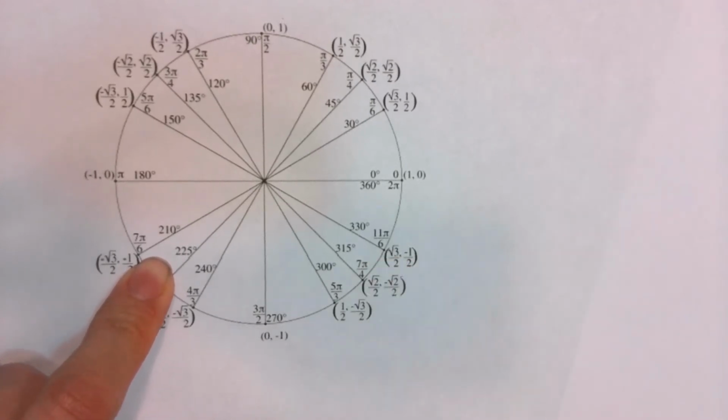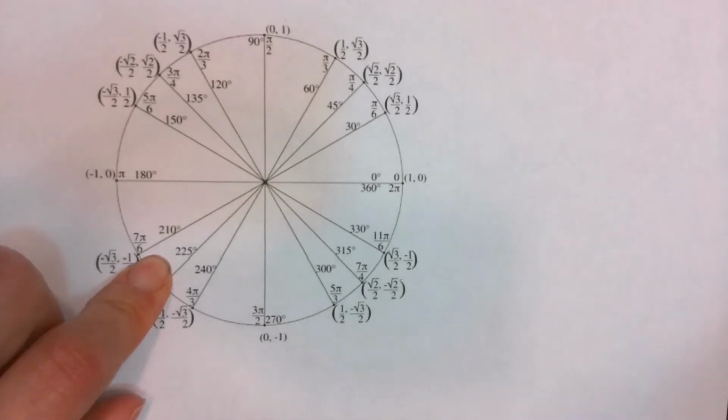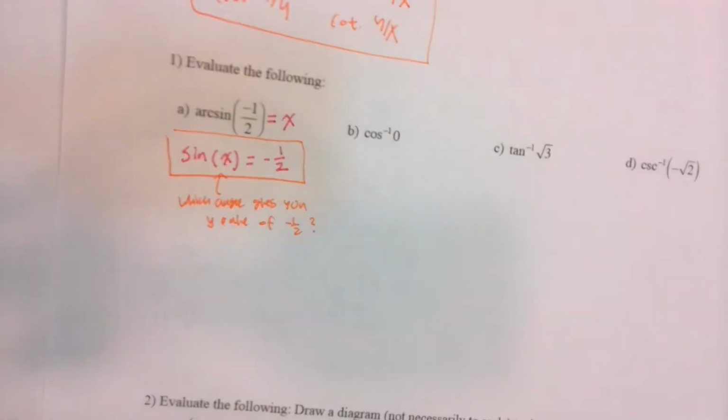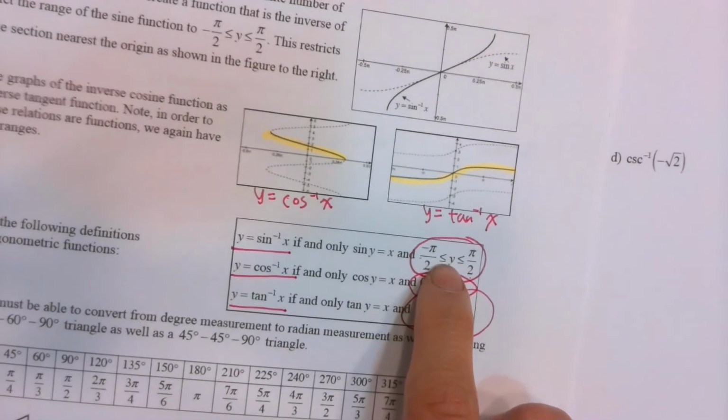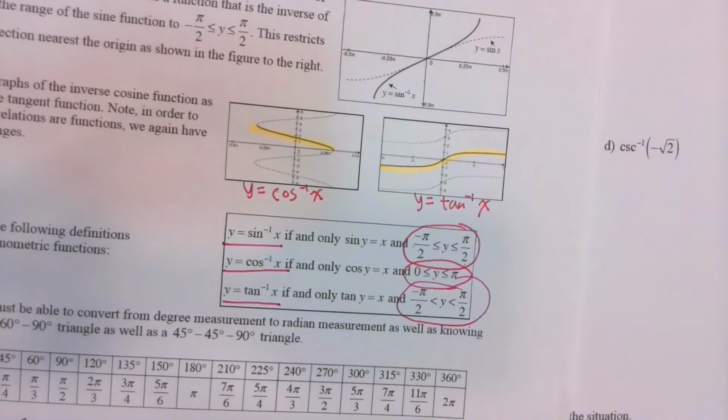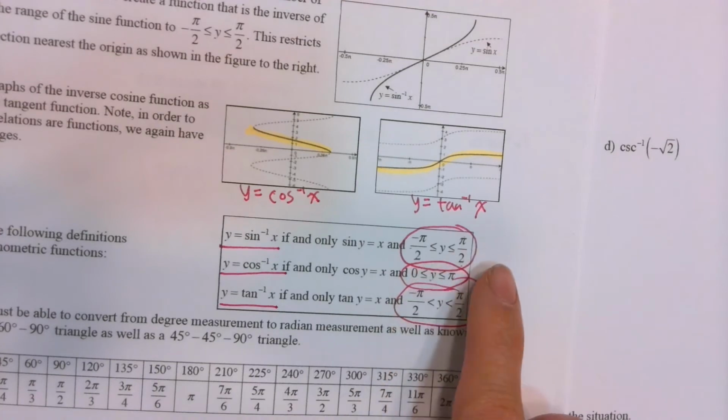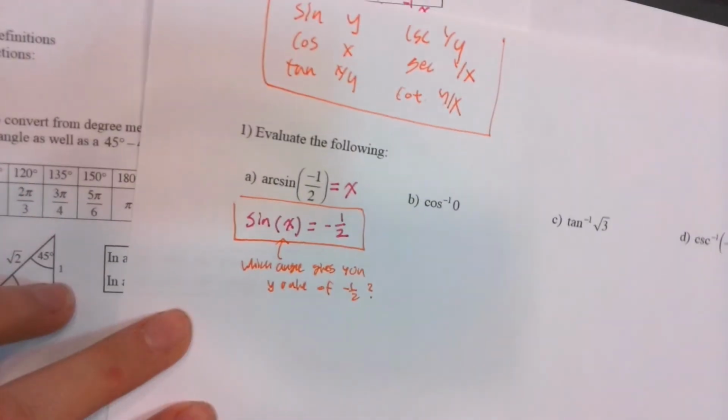No, you should only have one answer. Well, then how would I know which one it is? That's why this is important over here. The y has to be greater than or equal to -1/2 pi and less than or equal to 1/2 pi. So on my unit circle, guys,